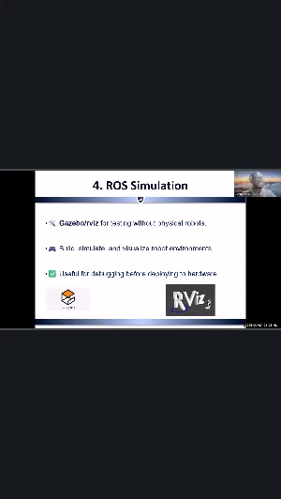The two very popular open source tools are Gazebo and RViz. RViz is simply called the ROS visualizer, a tool a lot of people use. Gazebo is more like the world environment, what you're meant to see in the real world, so you're simulating it. Then RViz is for the visualization of the sensors and all of that.